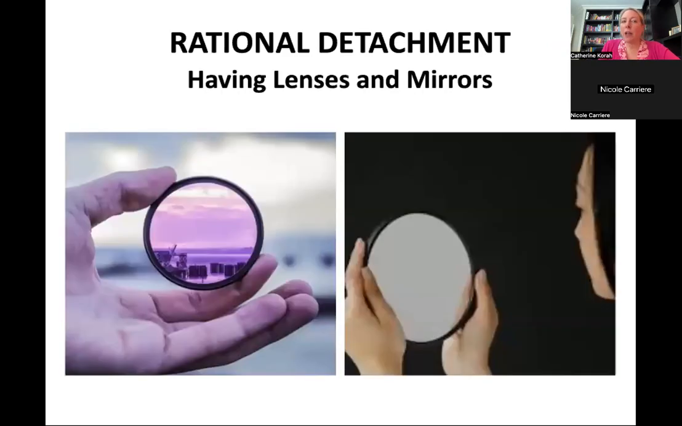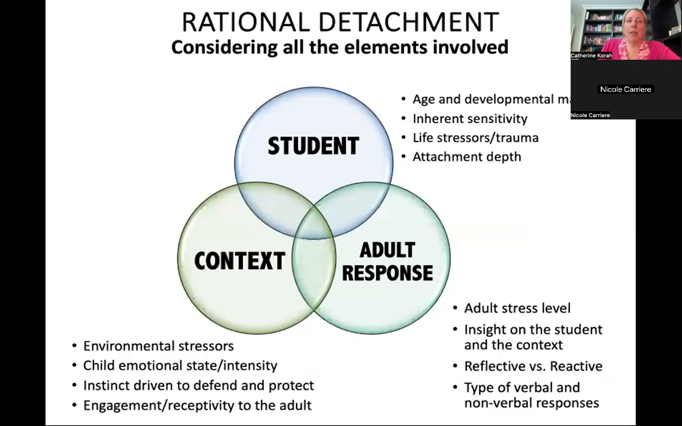And so using the analogy of not just having the lens to make sense of that student, but also using the mirror of recognizing where we're at. And so there's different elements that are involved here in a crisis situation. It's not just the context itself, but who's the student that we're dealing with, and the adult response. And so depending on the developmental level of that student, where they're at in terms of their sensitivity, whether there's been some trauma or